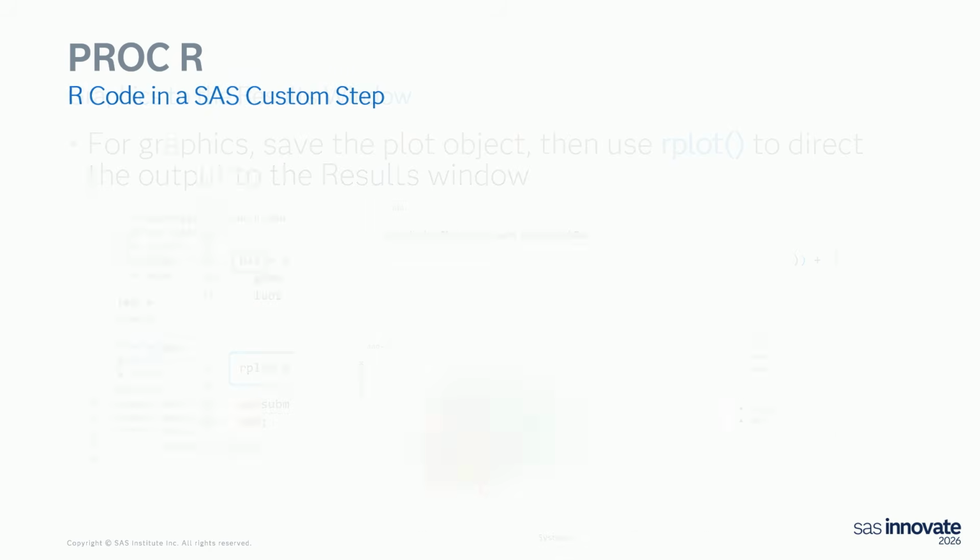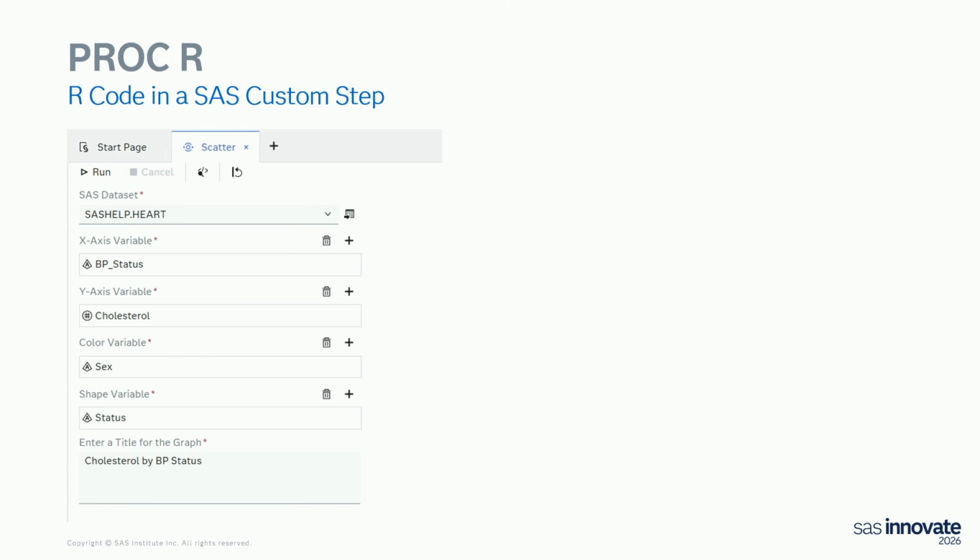One other feature that's new with SAS Viya, if you've never seen it, is these things called custom steps. All a custom step is, is a way for you to make a little GUI interface that allows you to assign macro variables to a SAS program. So that's all I've done here. I've just grabbed these variables, assigned them to these values, and this is going to pass all of these to a SAS macro program. You can do this now with anything, right?